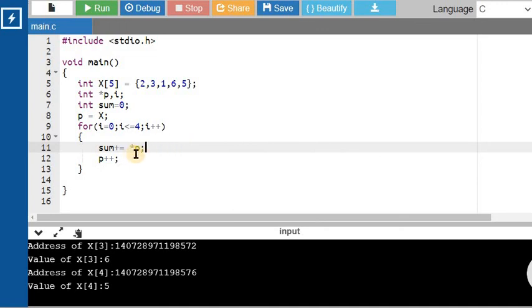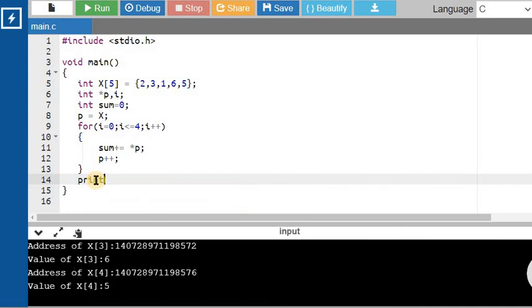The value of *P is going to be updated during every iteration of the loop. Initially it will be pointing to X[0]. During the next iteration it will be pointing to X[1], X[2], X[3], X[4]. During this process the value of sum will be updated with whatever P is pointing to. And finally we'll print the value of sum.